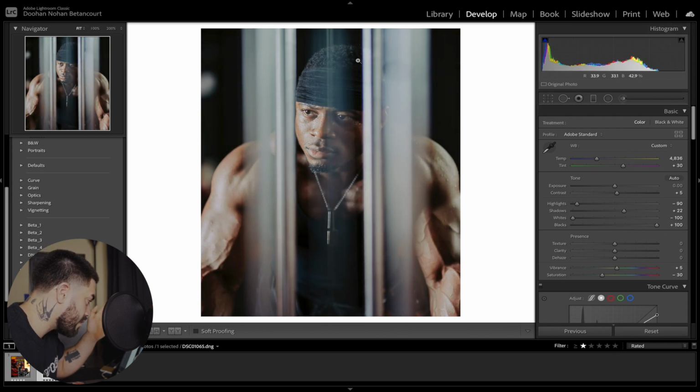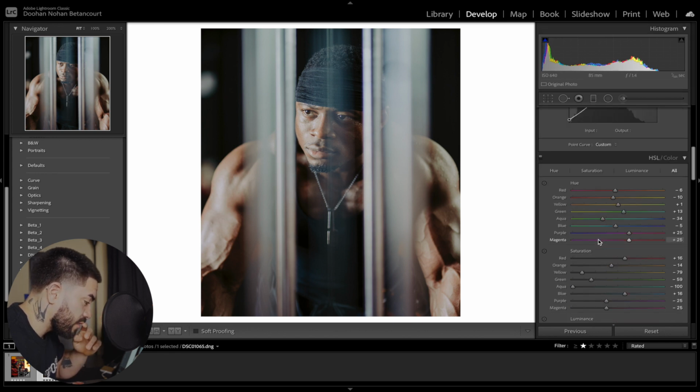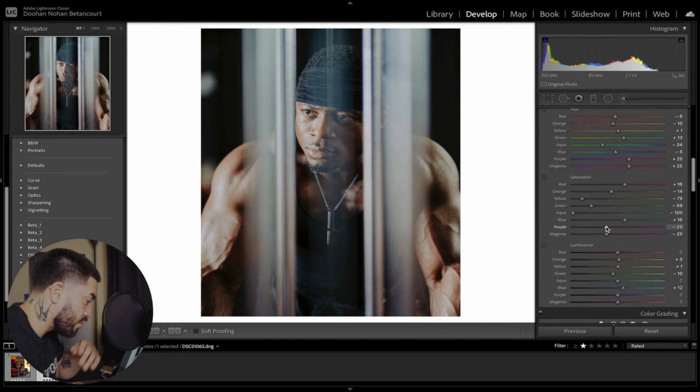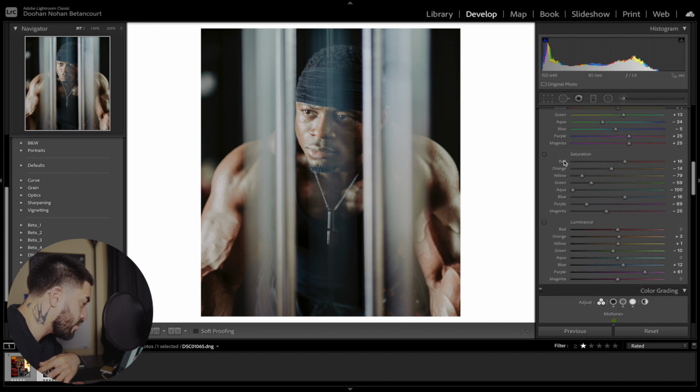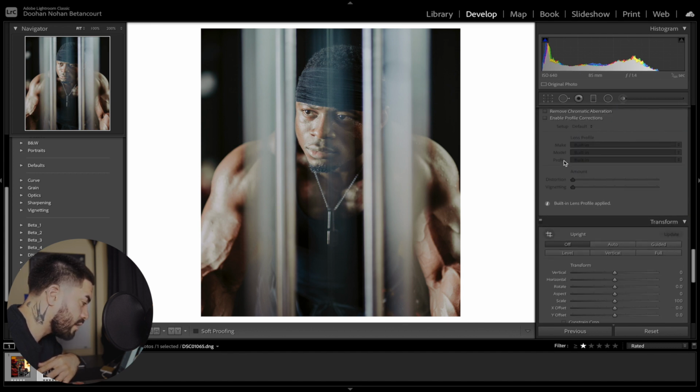If you guys can see here, there's some purple on the tubes, so an easy fix for that is we're gonna go down to the purple saturation in the colors, and we're just gonna bring that down, and then bring the luminance up just a tad bit. And overall, this is a pretty solid picture.